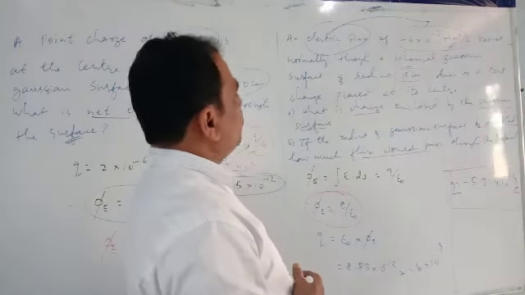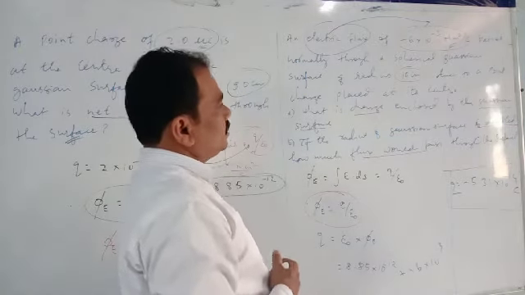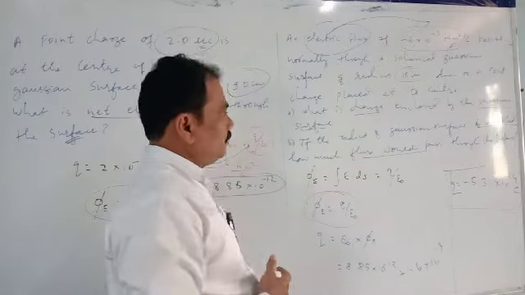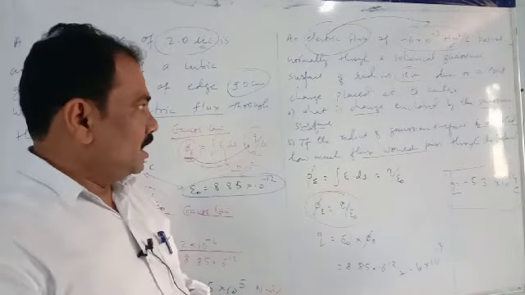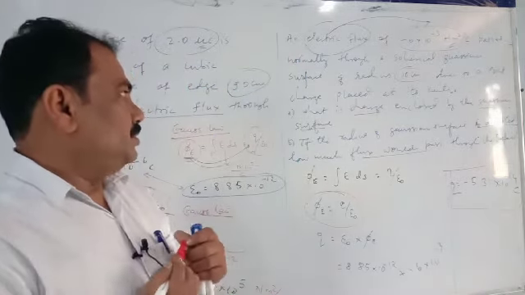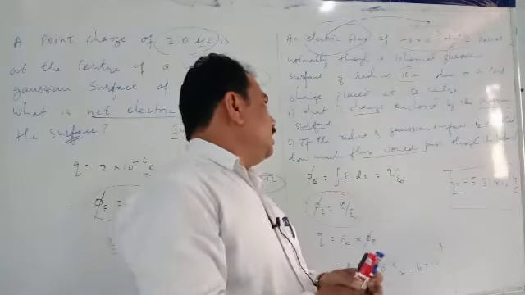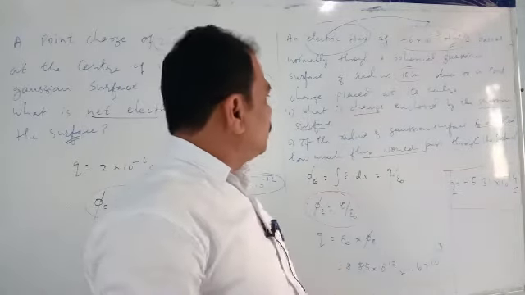But the question here is, if the radius of the Gaussian surface is double, how much flux would pass through the surface? The ratio of radius of